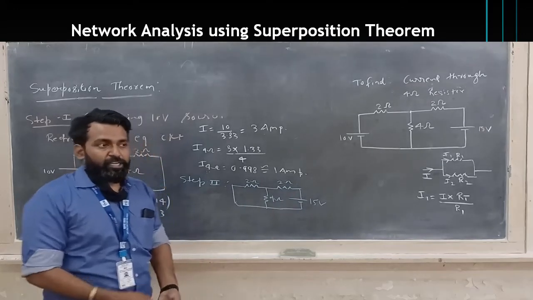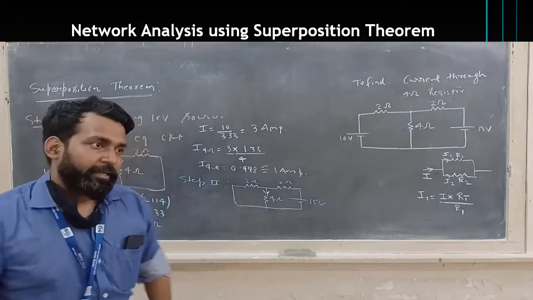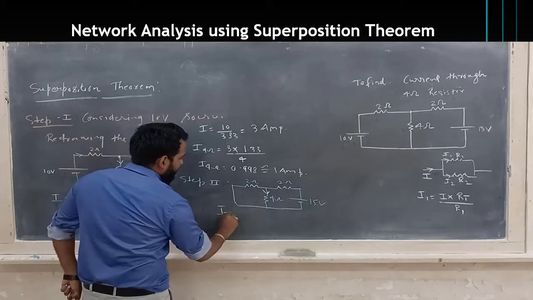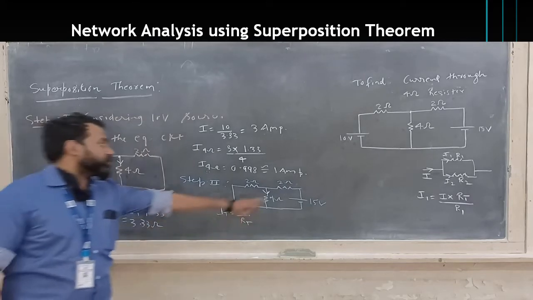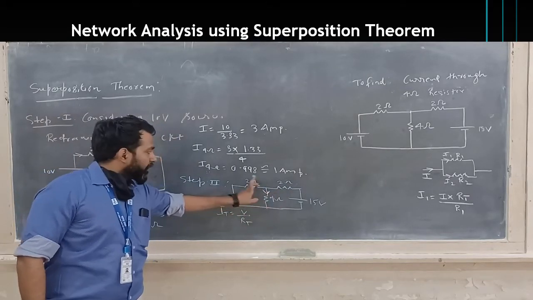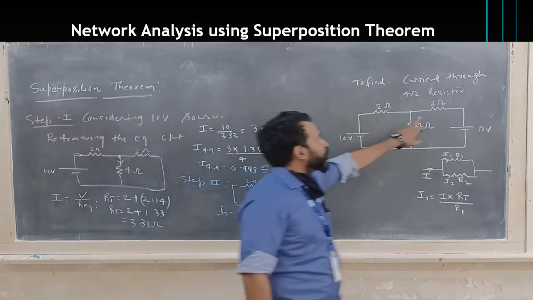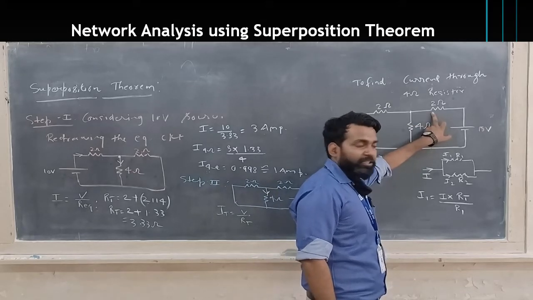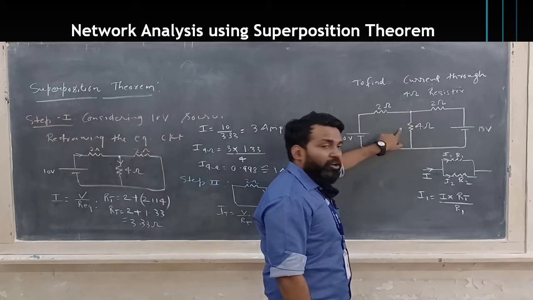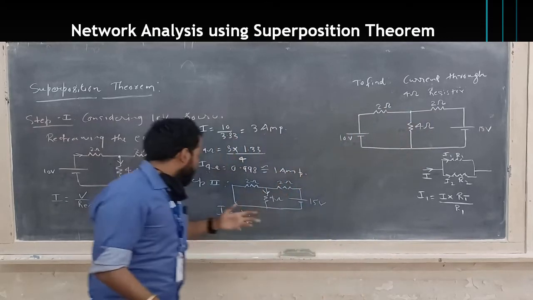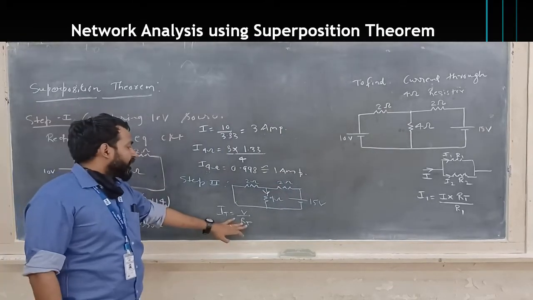Instead of 10 we'll have 15. First you have to find the total current I. I total, IT, will be V by RT. Yes or no? Yes. What is RT? RT is this 2 plus the parallel combination of 2 and 4. If this value had changed, say it was 3, then it would be 3 plus their parallel combination. Here the values 2 and 4 coincidentally are the same, so you can directly take it from there. So the value of RT will be the same as before.